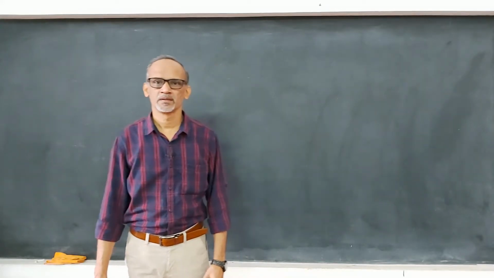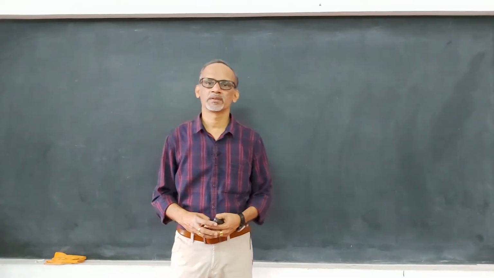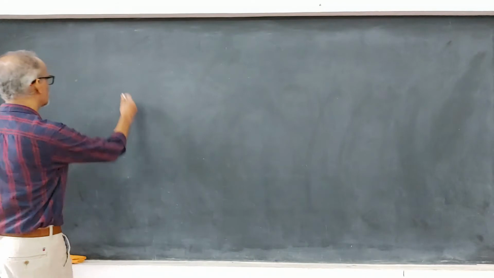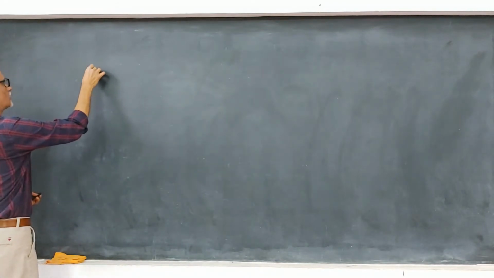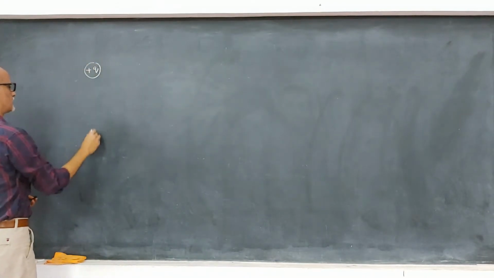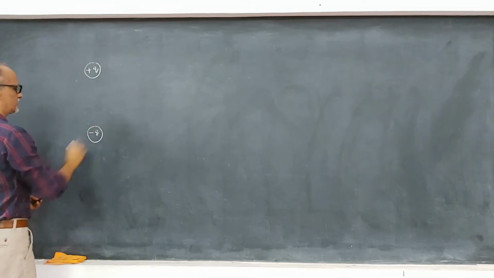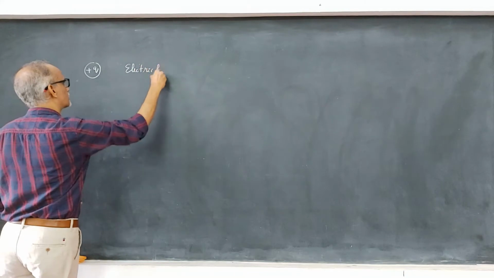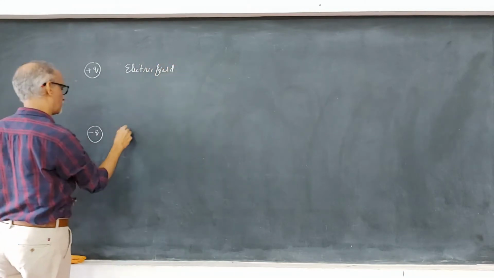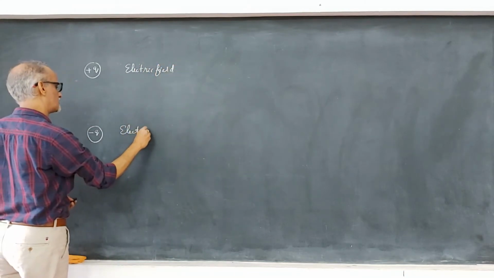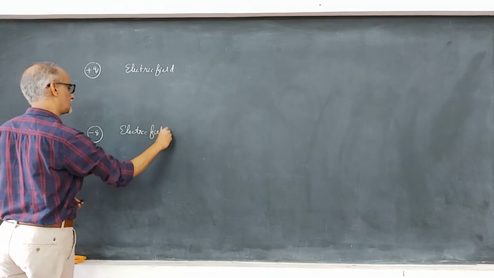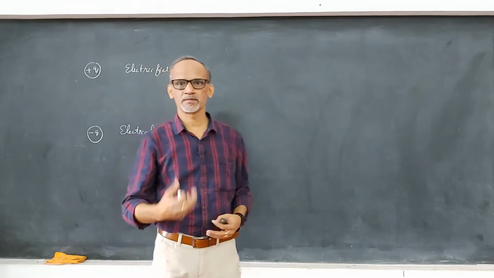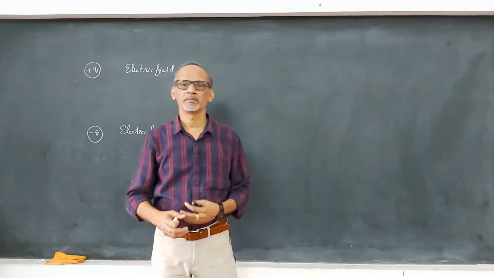Dear students, we have already discussed an important concept called electric field. Around a charge, whether it's positive or negative, there exists an electric field. And this field extends to infinity. And the existence of the field can be visualized